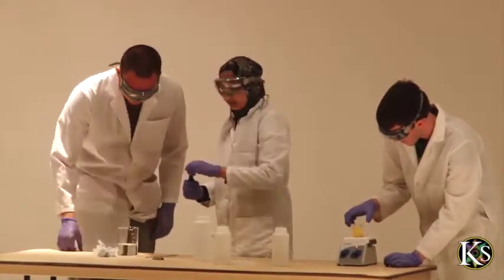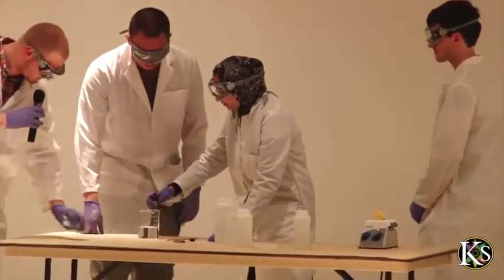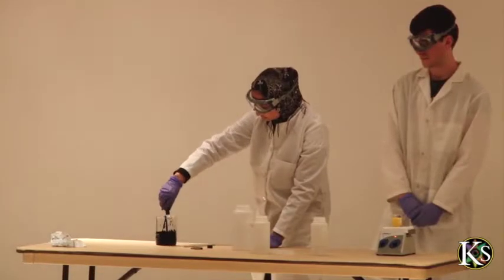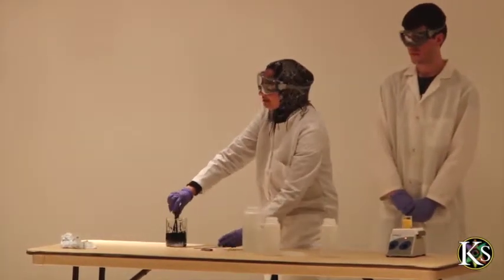While that's heating up, we're going to go back to the ferric fluid here. I'm going to move this parafilm. Ferric fluid is extremely